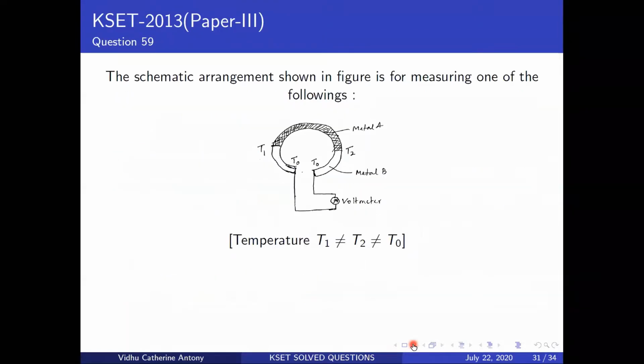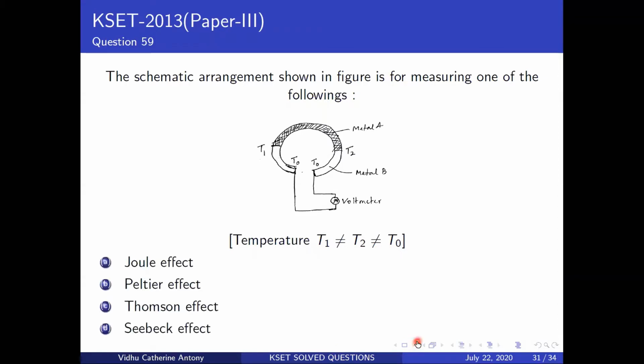Now, this is something you should listen to very carefully, because all of these are thermoelectric effects and it's extremely confusing. One of them resembles the other so much that you do not know where your actual points are. So these are the different thermoelectric effects. You have the Joule effect. I'm supposing they mean the Joule heating effect here. There are different types of Joule effects, but all of these, Peltier, Thomson, and Seebeck, come under thermoelectric effects.